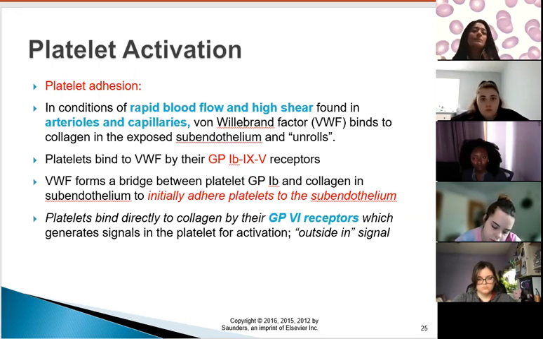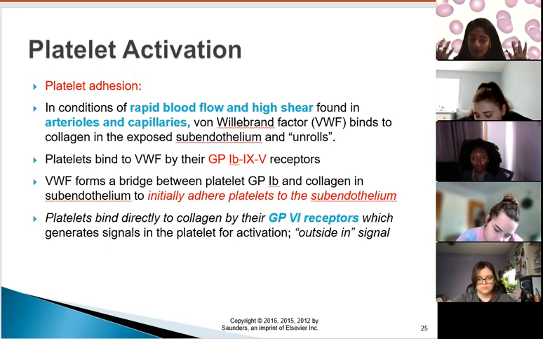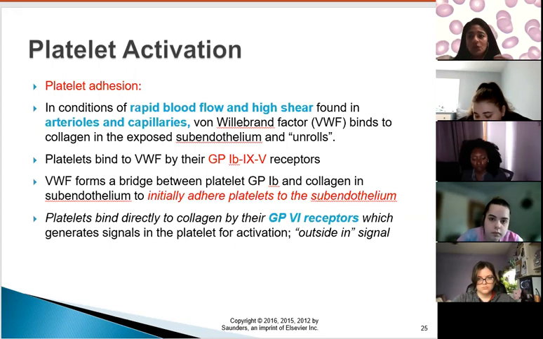So let's say there's a break in a blood vessel. The body is automatically going to know what to do when there's a break, okay? And the platelets are these very smart cells that know something is happening, so they get called to that site of injury. So the first step is that they are going to adhere to that